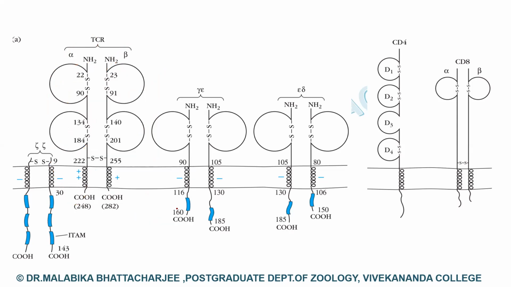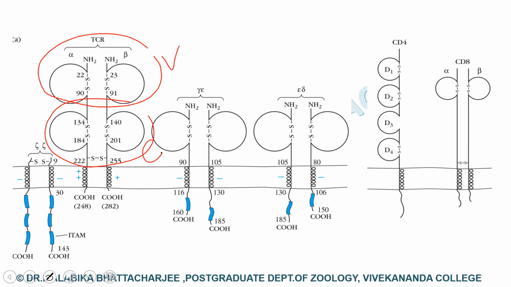If you look into the amino terminal of the domain, they exhibit marked sequence variation, but the remainder of the structure remains conserved. So the upper portion is known as the variable and the lower portion is known as the constant region. The amino terminal, as I showed you in an earlier picture, is the variable region.